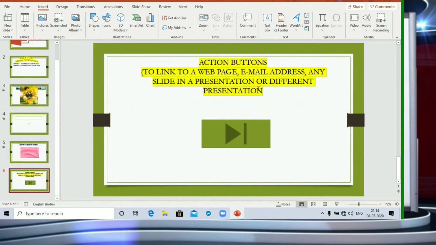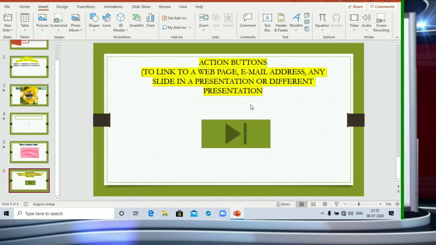You can also assign actions to clip art, pictures, or the text in a SmartArt graphic. When one clicks or hovers the mouse pointer on the button, the selected action will occur.